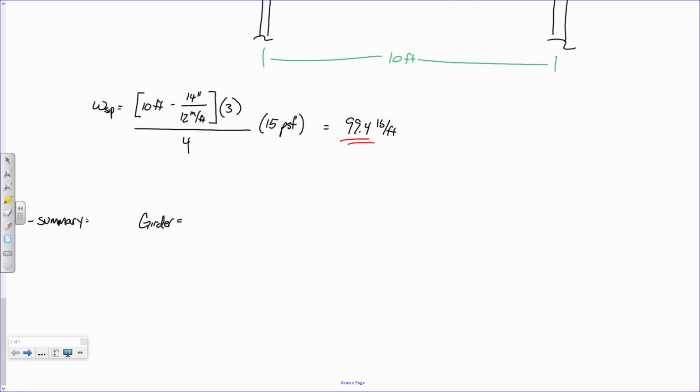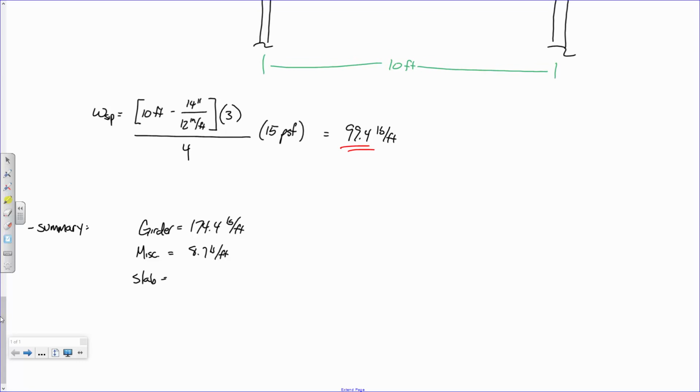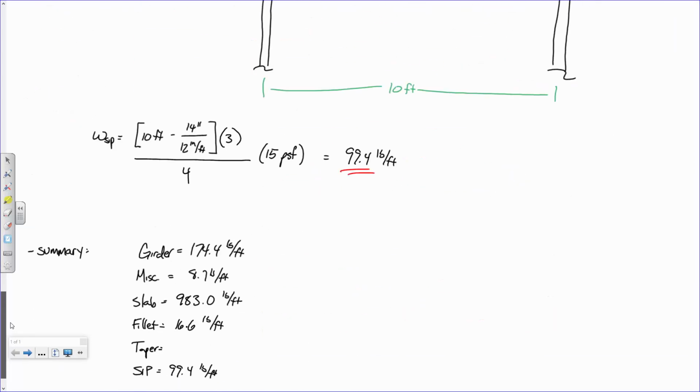Does anybody have this handy? What was the details? The slab? Okay, what was it? All right, there was the fillet and the taper and then the SIP. Now I know the SIP, that's right here, that's 99.4. And the taper was 9 point something, like 9.1. So summing these up,